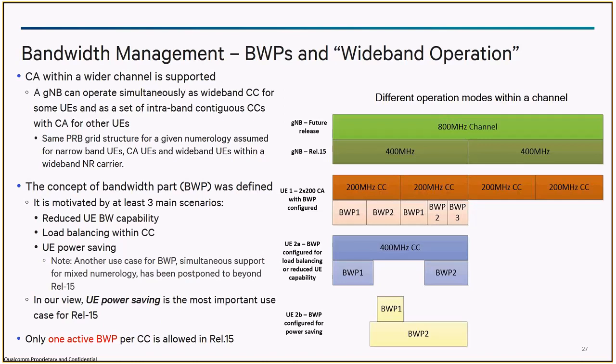The UE can support multiple bandwidth parts, but the network can configure you to be on one of those bands. But when the allocation is given to the handset, it's for the entire spectrum. At one time, only one bandwidth part can be active. So that's another key thing. In release 15, a UE would be limited to one bandwidth part. But beyond release 15, the UE can do carrier aggregation or dual connectivity of NR into multiple bandwidth parts.